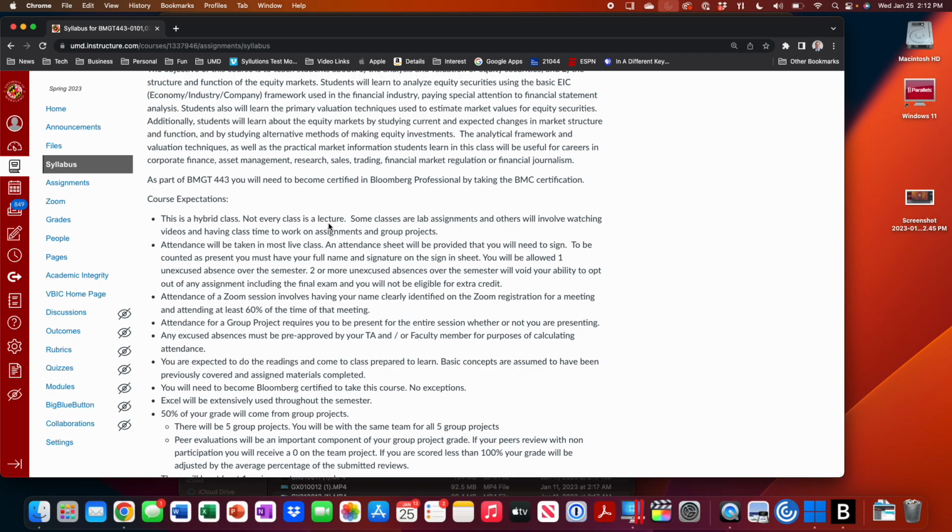So if you don't like working with other people, this is not the class for you because you will have to work with those teams. And every one of those team projects will have peer reviews to show that you participated in all those 5 projects. If one or more of your team members gives you a negative peer review, I will not adjust your grade. But if 2 or more of your peers give you a negative peer review, I'll adjust your grade. So if 2 peers say you didn't show up for any of the group projects, you're going to lose 50% of your grade for the entire semester, right?